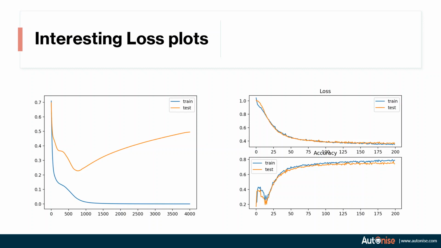So the answer is that if the loss function decreases, it does not necessarily mean that the accuracy would increase. I've already explained that if the loss value decreases for a long time, at the convergence, yes, the accuracy would be maximum. I'll repeat it again. At the minimum loss point, the accuracy would be maximum. At very large loss, the accuracy would be minimum. But in between, we cannot say that if the loss is decreasing, the accuracy should increase.